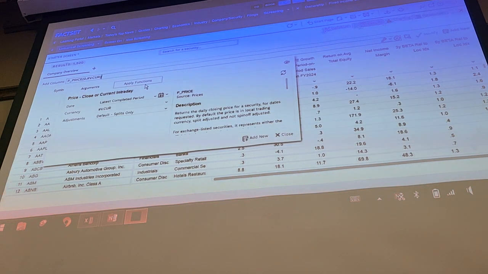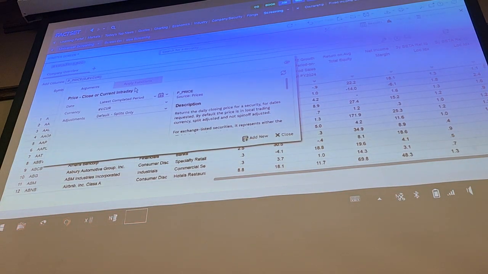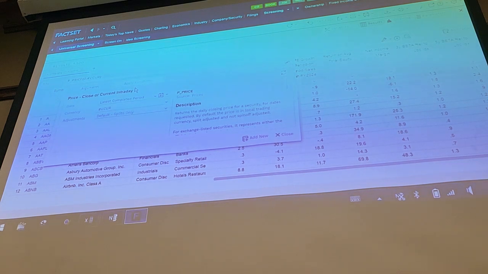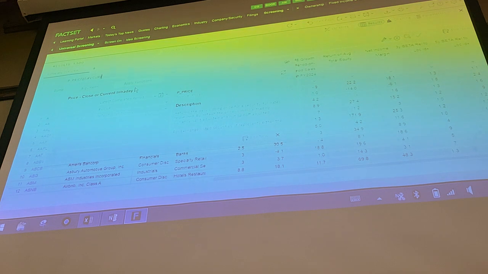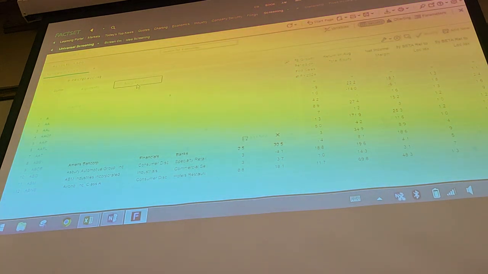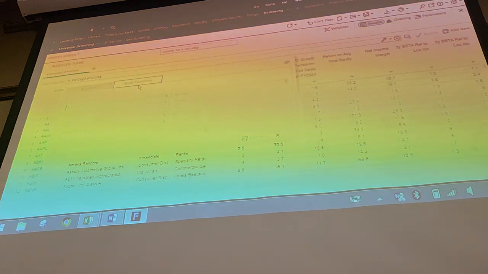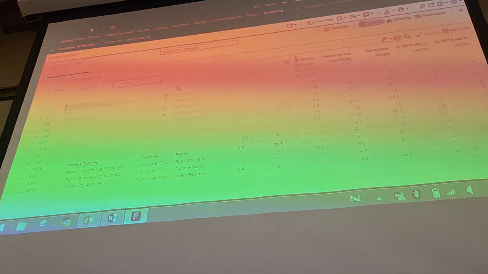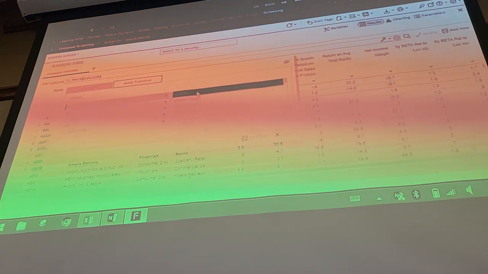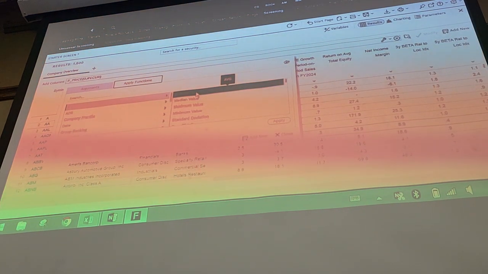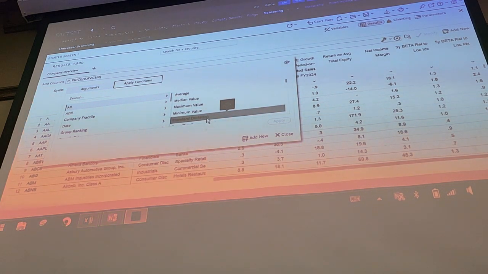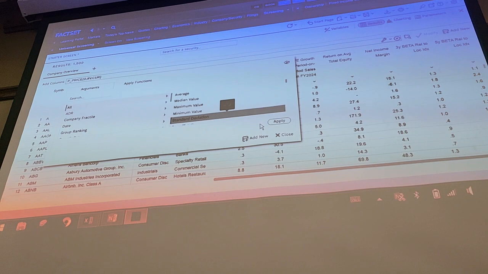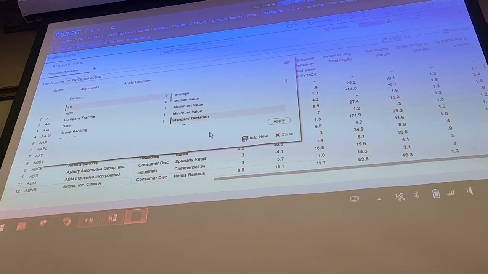Where it's got apply function. In other words, I want to take the closing price for a number of days and get the standard deviation of it. How volatile was the closing price? So let's go to apply functions right here, and I can take a period of time and what's the average closing price, what's the median, the max, the min, what's the standard deviation. So I want that. So I'm going to click on standard deviation, we'll apply that,